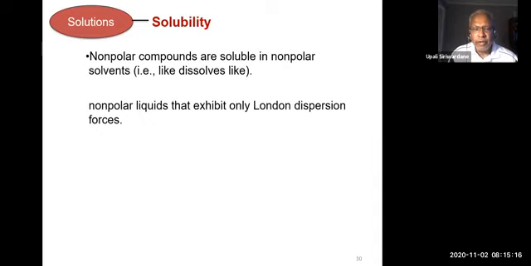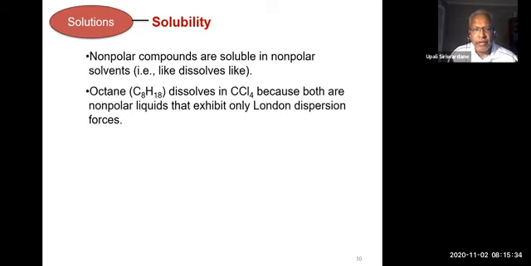The molecular attraction between nonpolar molecules is London dispersion, instantaneous dipoles